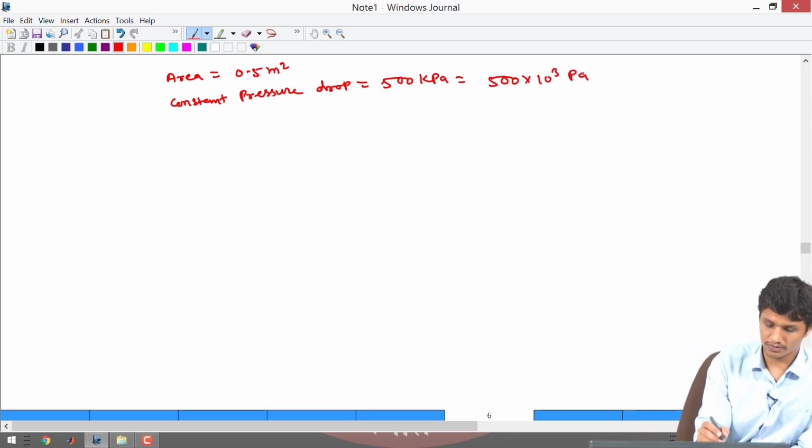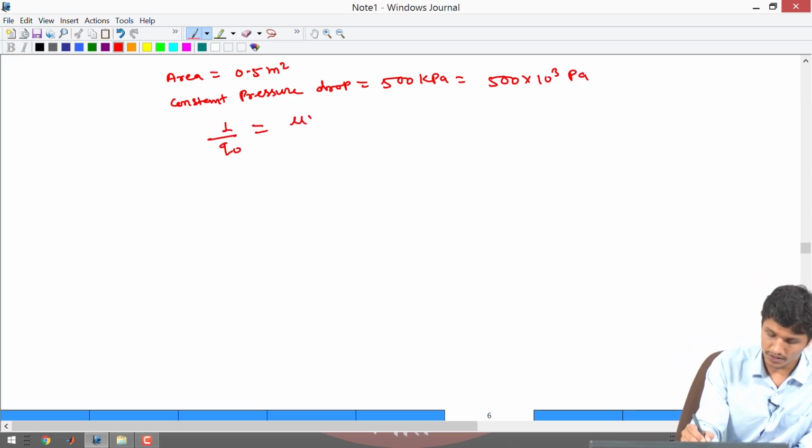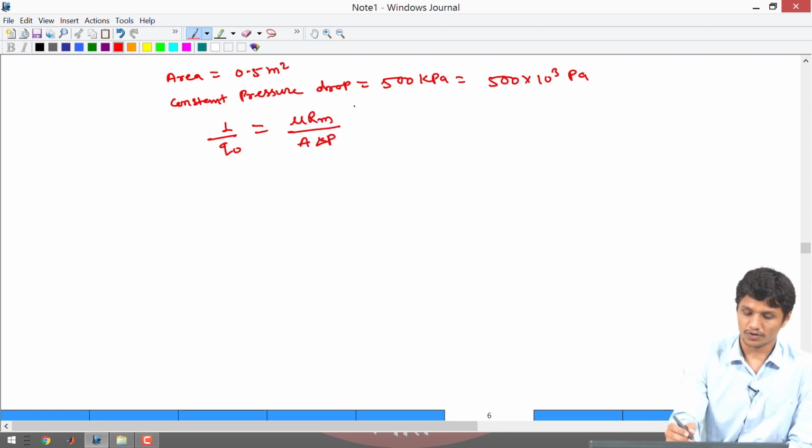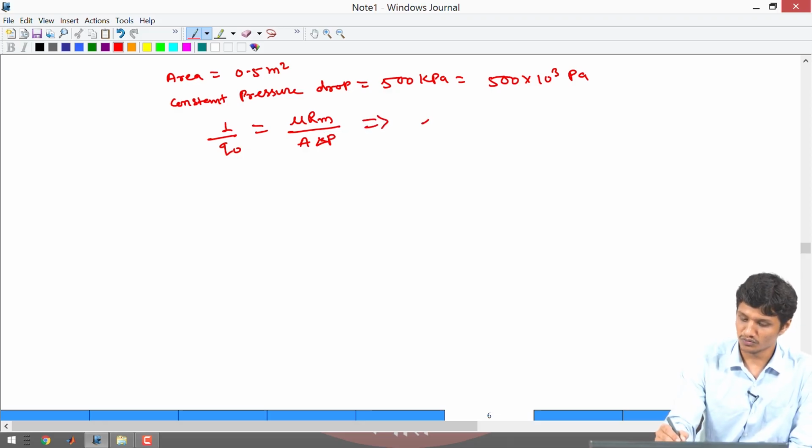So coming to the intercept part, 1 by q naught equal to mu Rm by A into delta p. From this equation I am going to calculate mu Rm